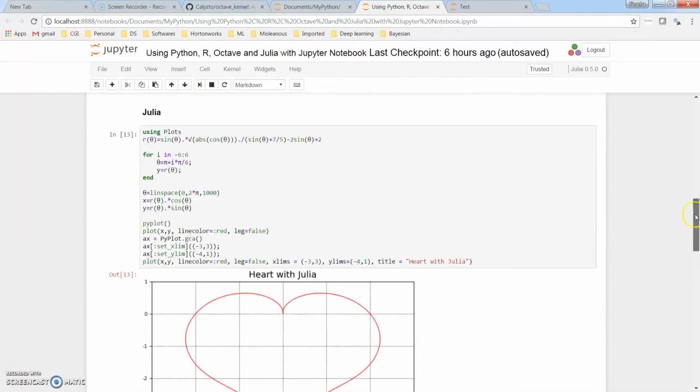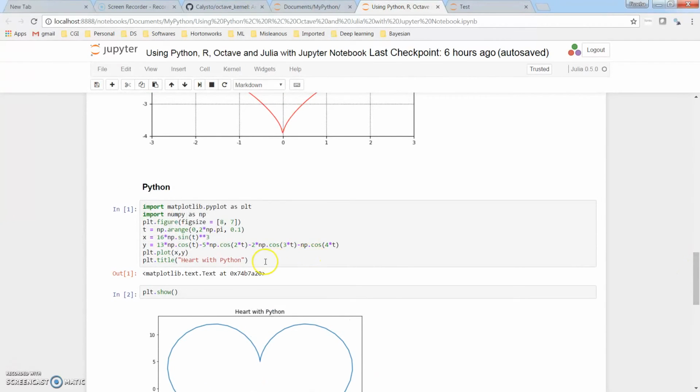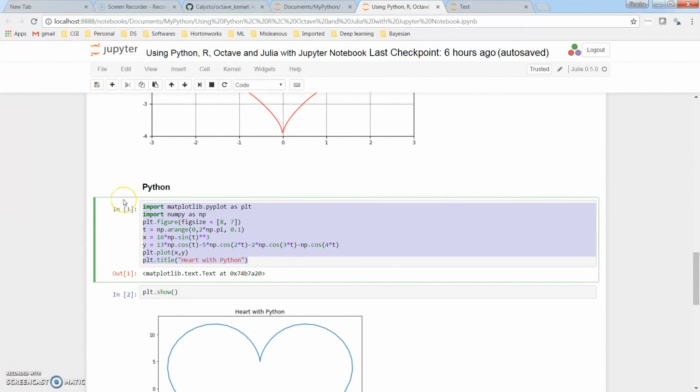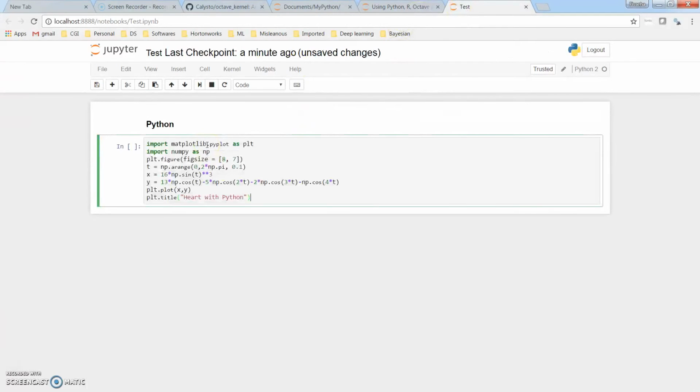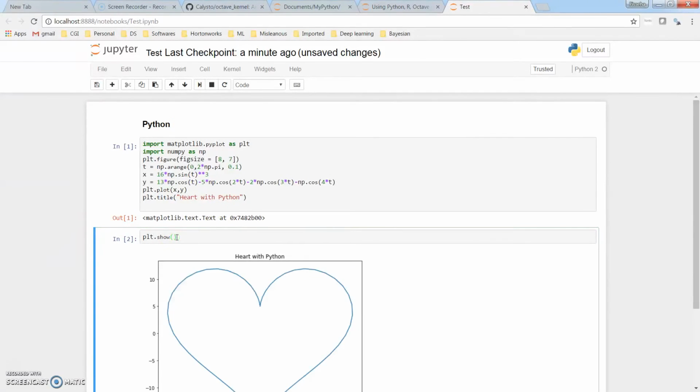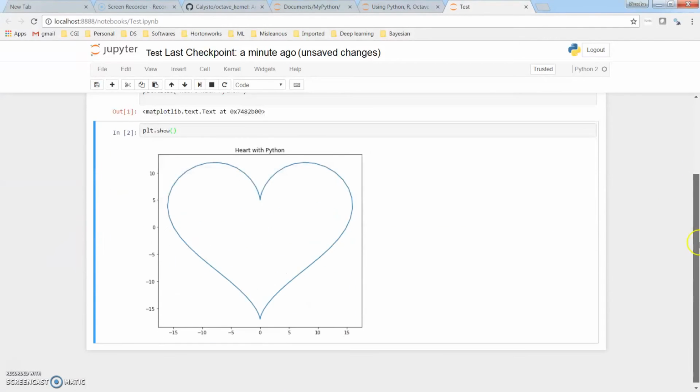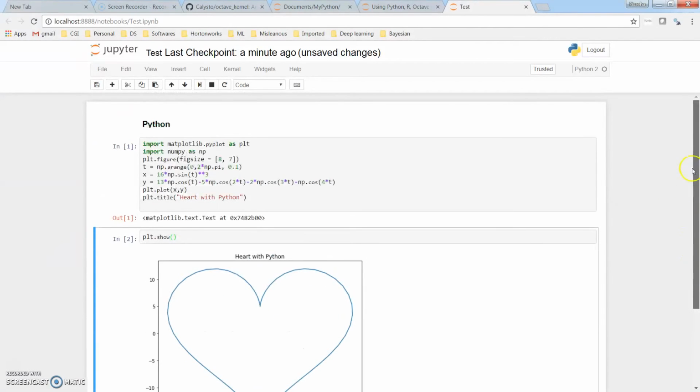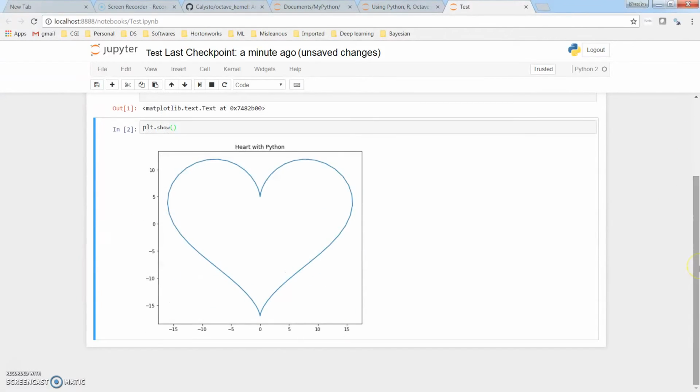I have Python code here. I'm importing matplotlib and just creating a heart. Then I can display the plot. This is my Python plot, a Python heart.